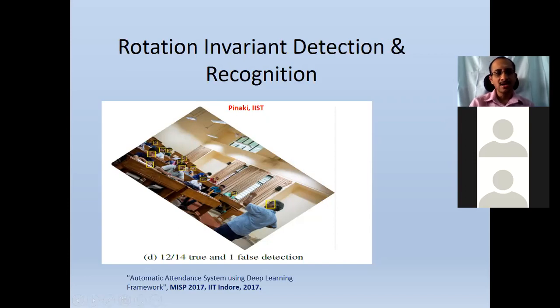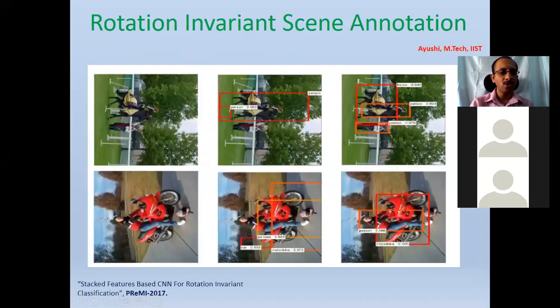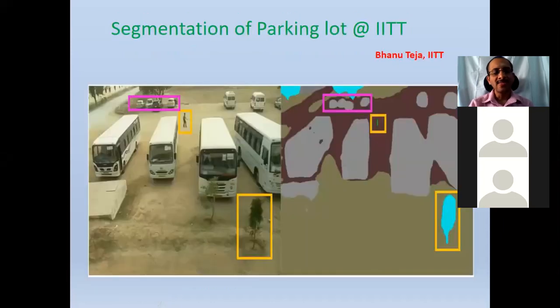Same is the problem here. So here, the context is we are trying to detect each object and give the detection score, the confidence in detection. So this works if the objects are straight. However, when we rotate it, again it may not work. So object detection also fails, and then recognition anyway fails. So this is another problem.